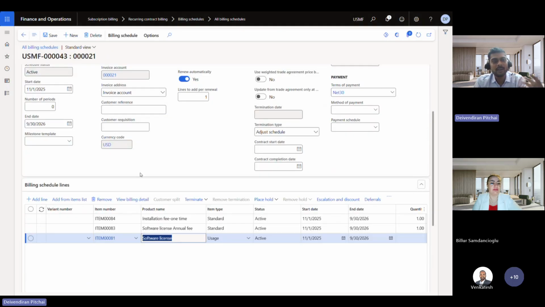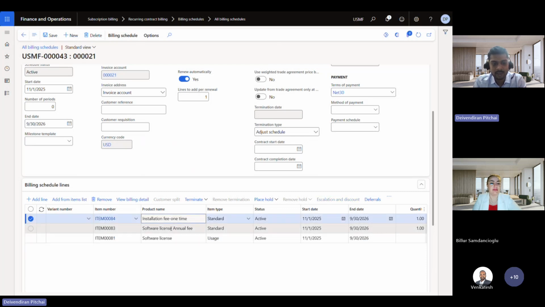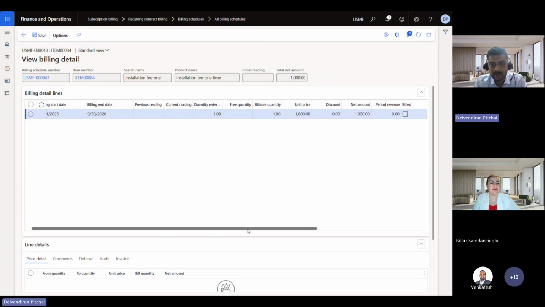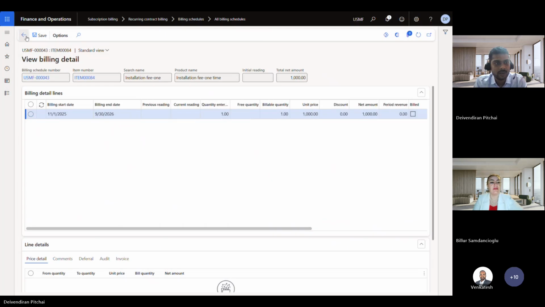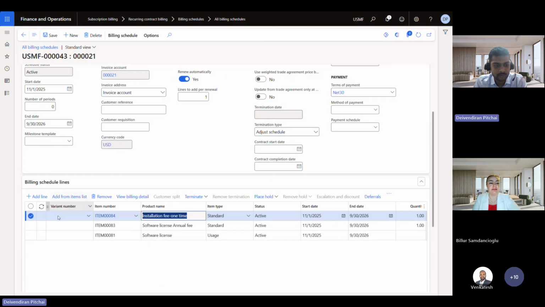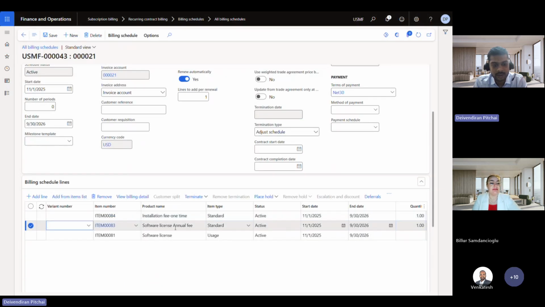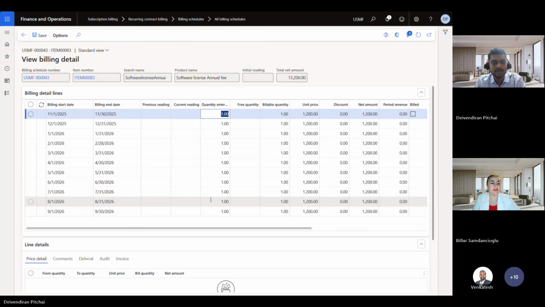So now the next process is creation of the invoice. We have added one one-time fee, one annual fee, and one monthly fee. I would like to show you one more detail here. In the view billing details, we have only one line item for the full year. And in the software license annual fee, here also we have only